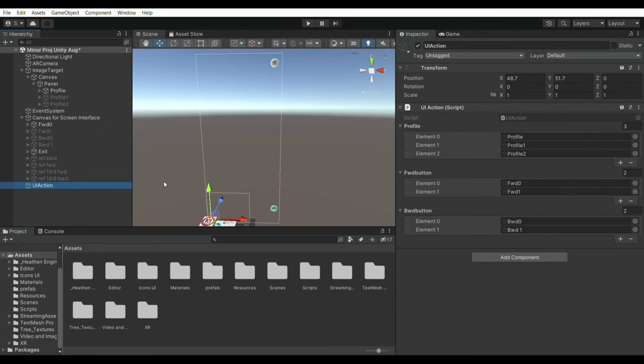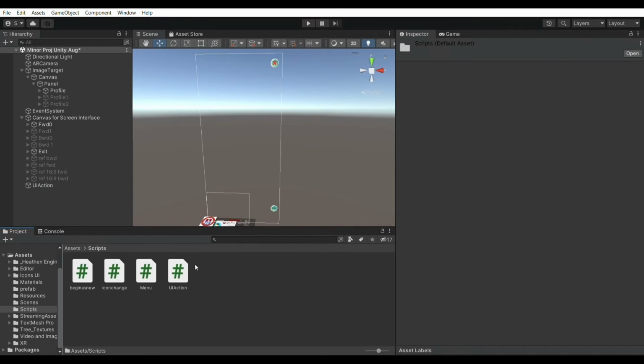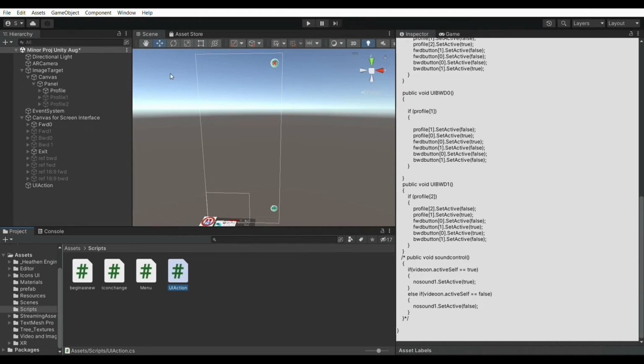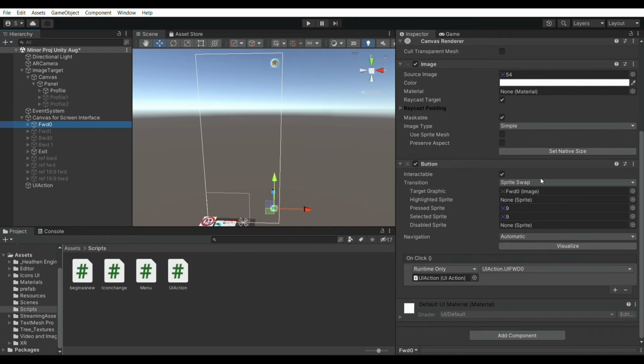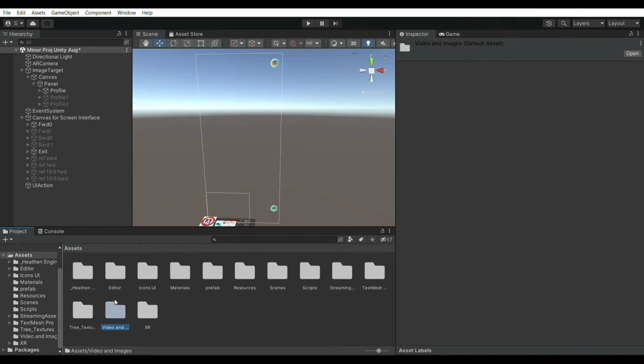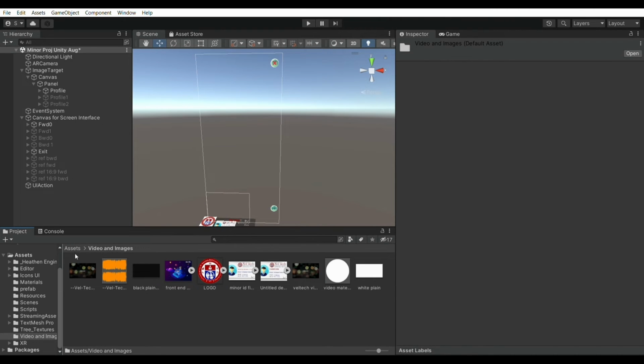Each of these buttons is integrated with C# code. This is the C# script, the UI action, that describes the action in the UI. The buttons in the user interface act according to the C# code. There are different scripts involved in this project which correspond to different actions on the user interface, and those run in the background. The assets used in this project are imported and are placed in the file.